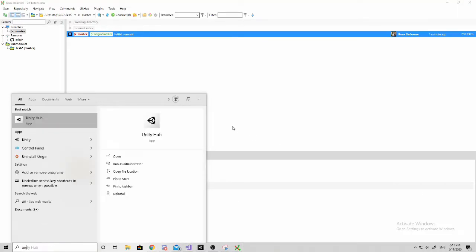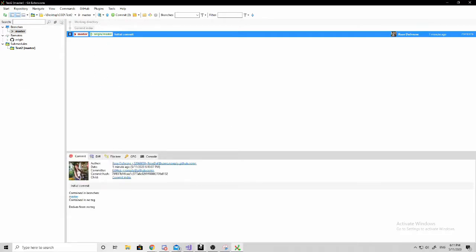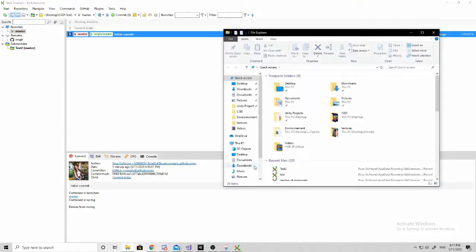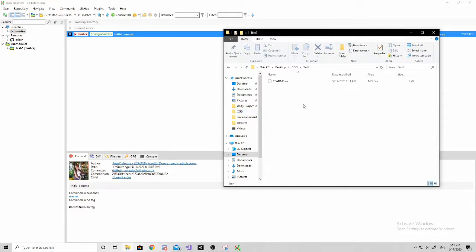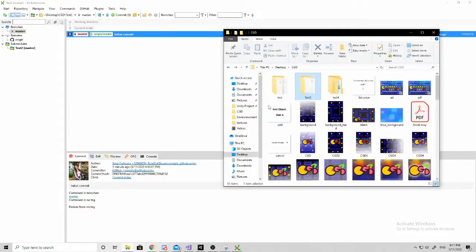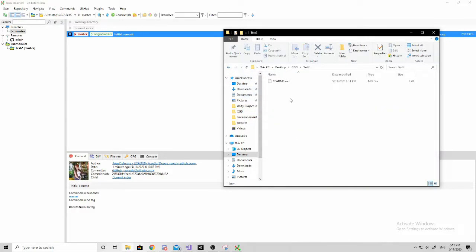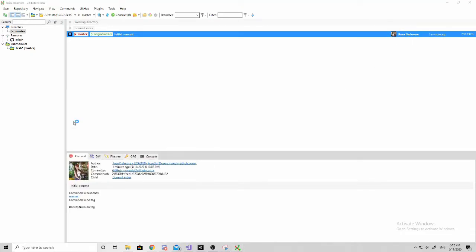So for Unity, and for many projects, you could just start working directly in the folder you just created. Did I call it test too? Yeah, okay. If you had a coding project, you could just start adding files directly in here. But since Unity has pre-made files when you create new projects, what I like doing is